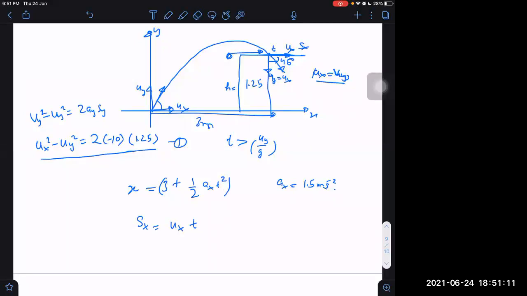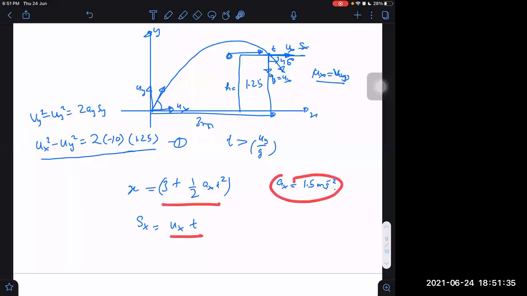And here, one equation along the y-axis, right? One equation along the y-axis we have already written. One equation we can write along the x-axis also. The x coordinate of both of these should be the same while they are touching here. So this is the x coordinate of the particle which is moving in the horizontal direction, and this is the x coordinate of the particle which is like this projectile. So I can equate this with this.